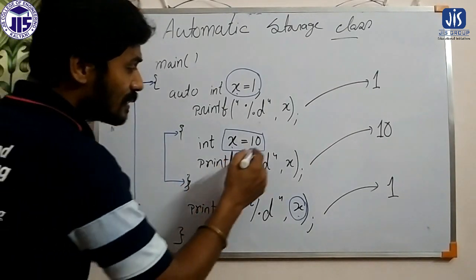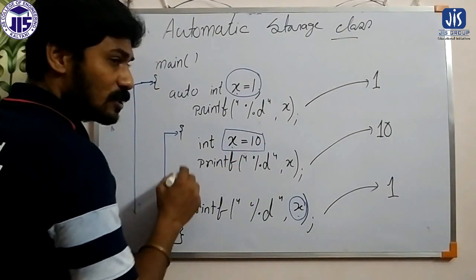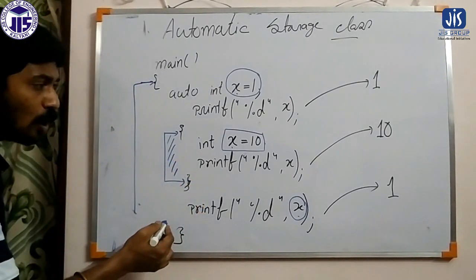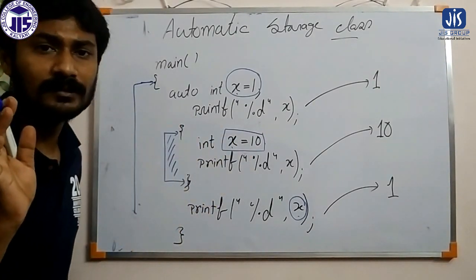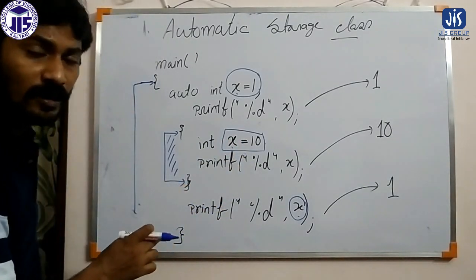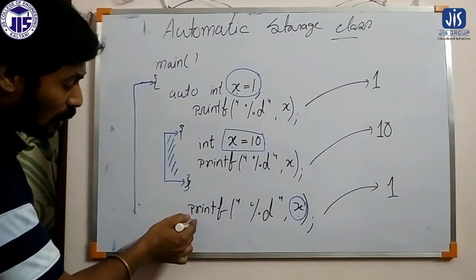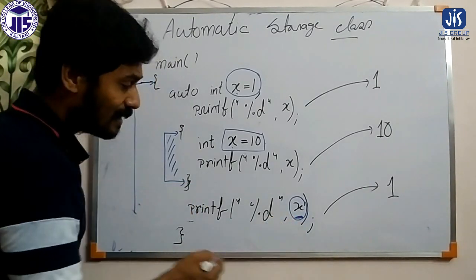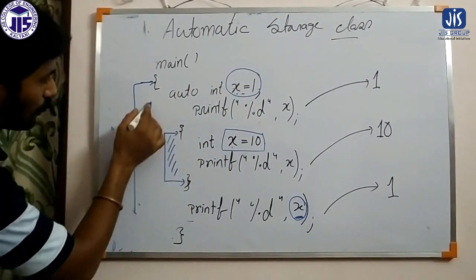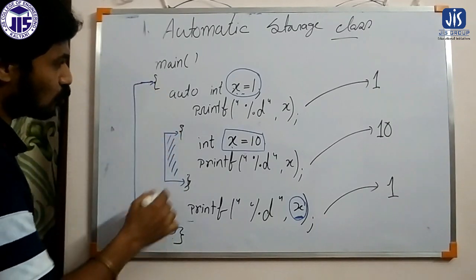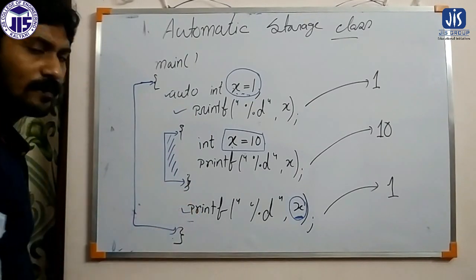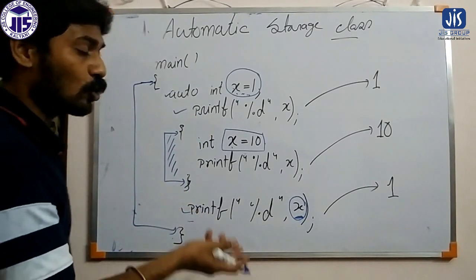That's why this x variable is alive only within this block. If we get out of this block, this x variable is no more alive. This x variable is not accessible. You cannot access this x variable outside of this. Okay. So if I get out of this, now here, if I again print the x, it will affect this x, because this x variable we have declared within this scope. So this x variable is available here, here and here. Okay, so that is automatic storage class.